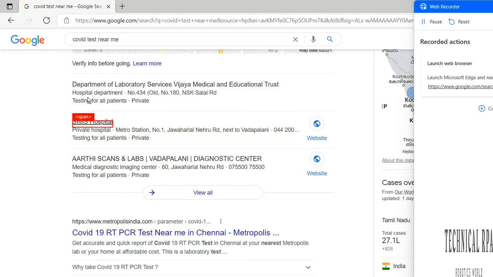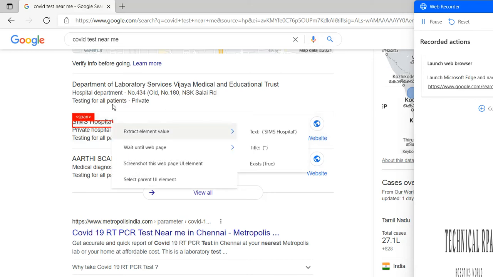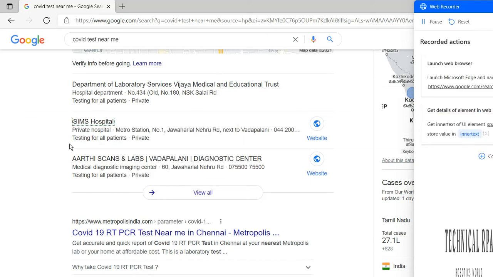So this is the one I need. Right clicked. I want to extract the element value, so I will extract text. Same way I want to extract the address as well.